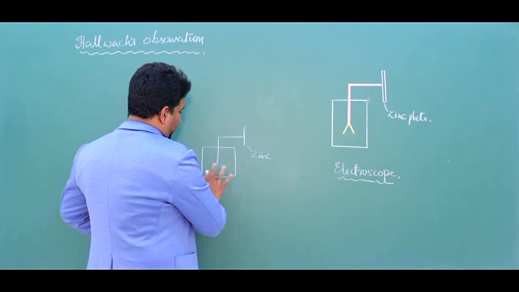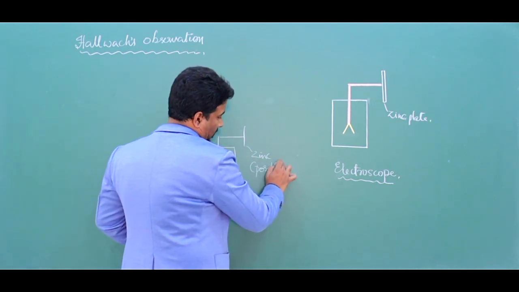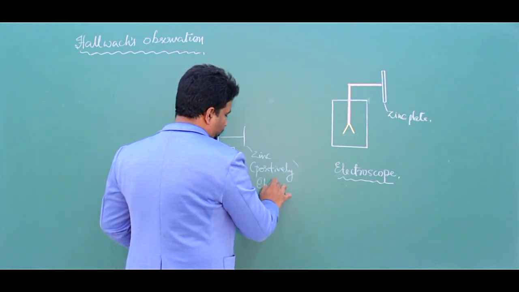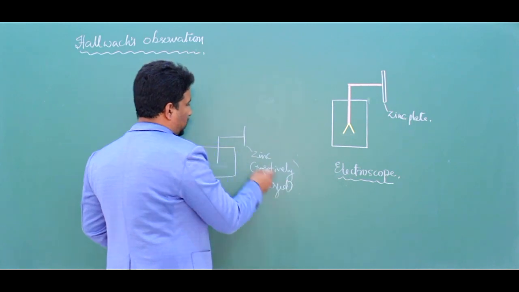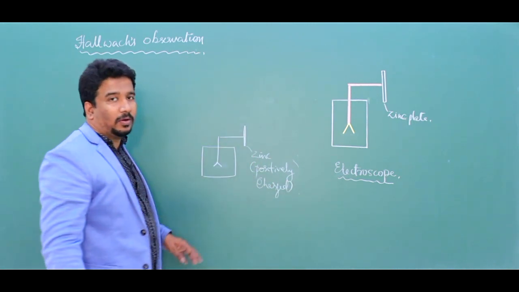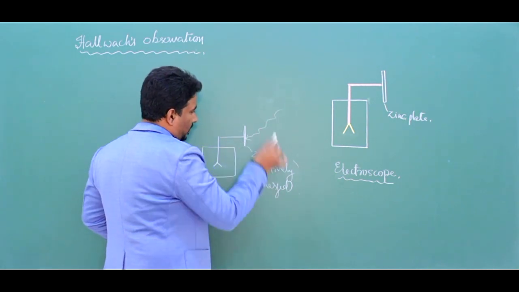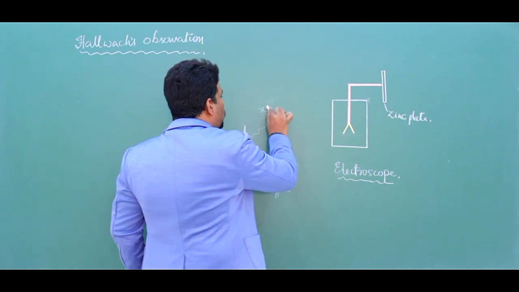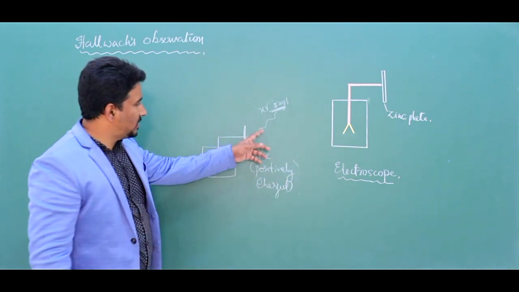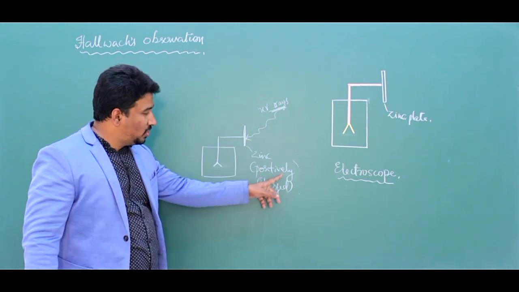In the next experiment what he did, he connected zinc which is positively charged plate, zinc plate, to an electroscope. Now after that he made UV rays fall on the zinc plate. Now what happened? The positive charge